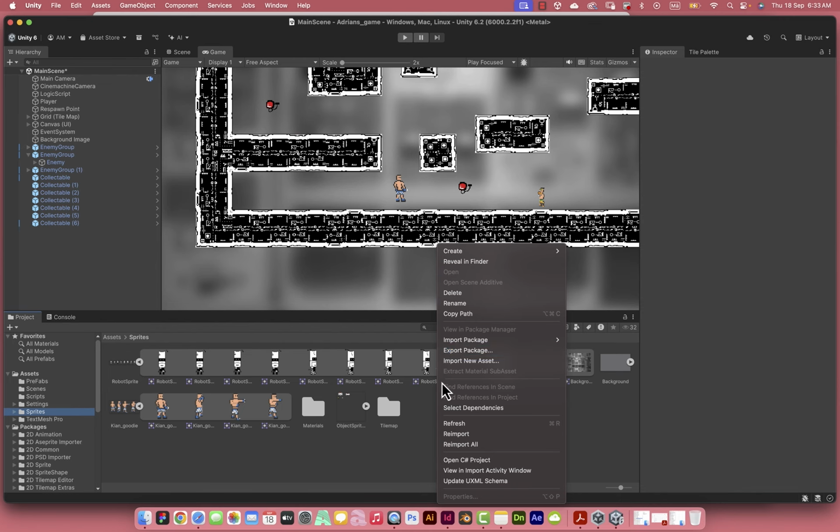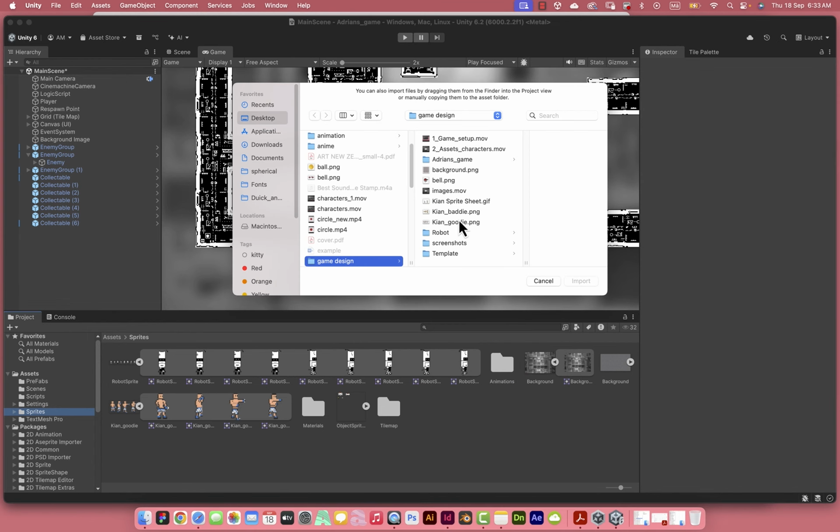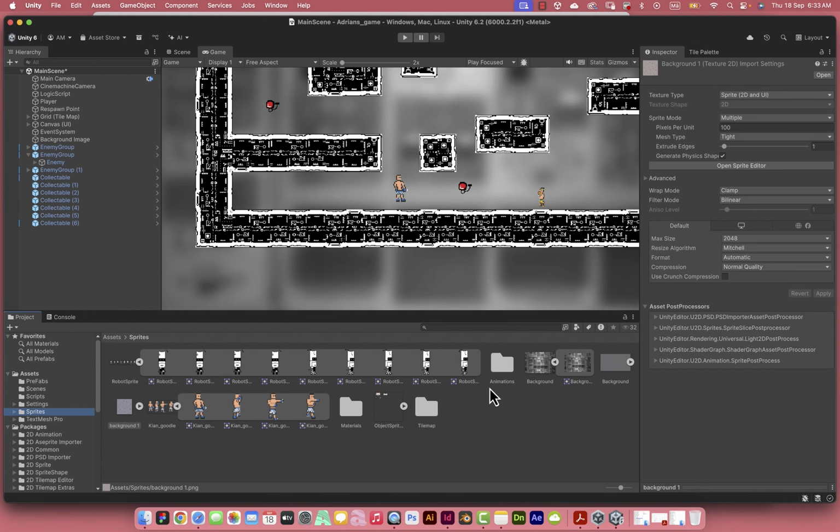Okay, right click again, import a new asset. This time we're looking at the ground. So I've got this thing called the background. I'll bring it in. While it's highlighted, I can do the same thing, 32 point, apply,